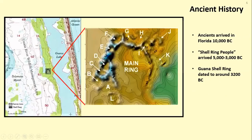A little bit about the history. People arrived in Florida at least 10,000 years ago, and there was a group of people that were called the Shell Ring people by the Timucua, who were the indigenous people who were here when the Spanish arrived. They call them the Shell Ring people because they built these large shell rings. There's the remnants of one up here in the wildlife management area, about